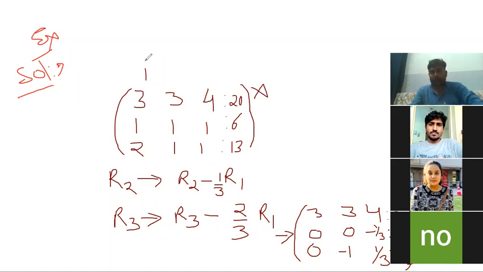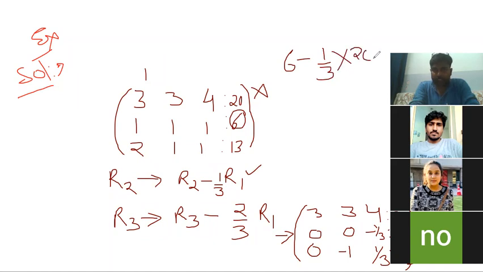If you have any difficulty, just tell me, and I will work out whichever value you don't understand. Like this 2/3, -2/3. Look at -2/3: it says R2 minus 1/3 R1. R2 is 6, so we have written 6 minus 1/3, and then R1's value is 20, so it becomes 20/3. We multiplied 6 by 3 in the numerator and denominator, 18 minus 20/3, and the value will be -2/3. You can see that I have done the whole calculation, so I have written -2/3 here. I hope you understood this.